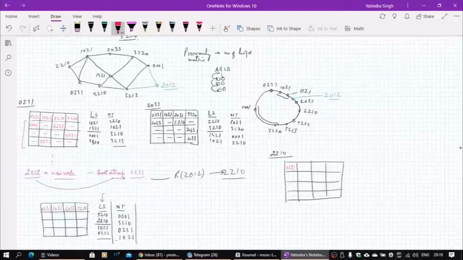With 1, it is 1021. With 2, it is going to be 2033 obviously. And with of course 3, it will be 3210 obviously. Okay. With 20, if any entry is 2033 is there, so it will be maintaining 2033. Okay, then we have 21. Is there anybody else with 21? There is nobody else, so it is dash. With 2210, this will be itself.